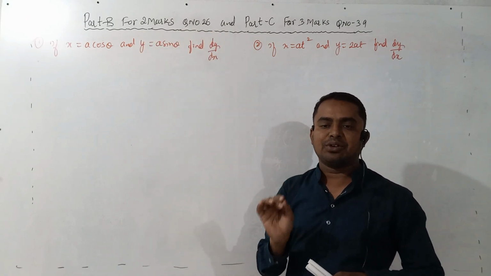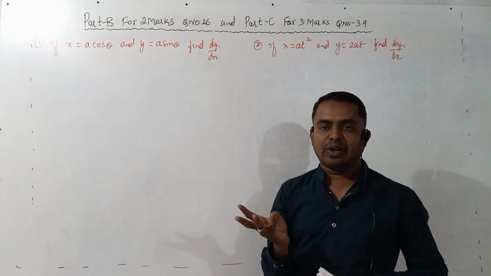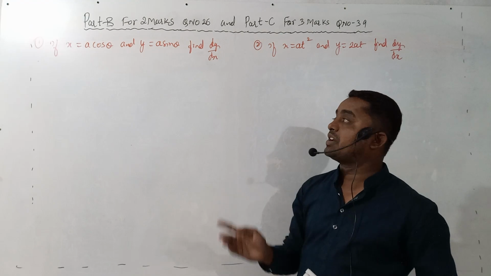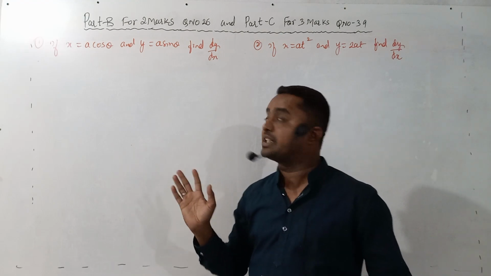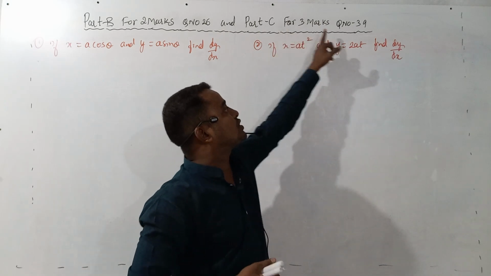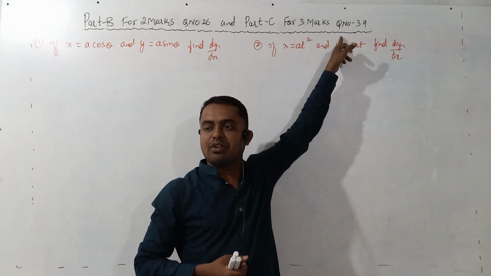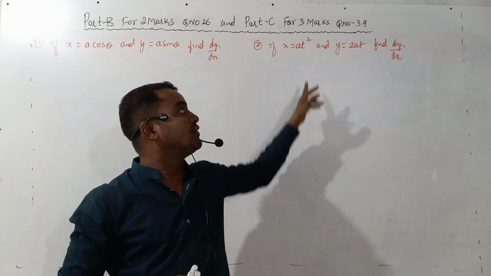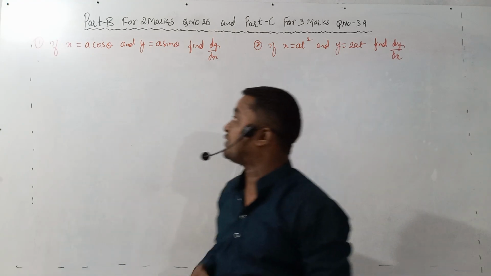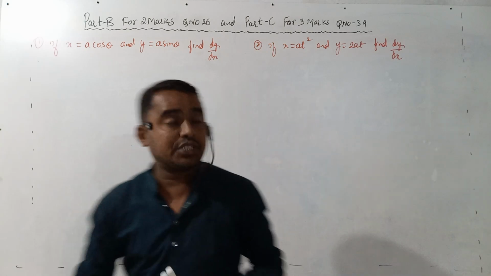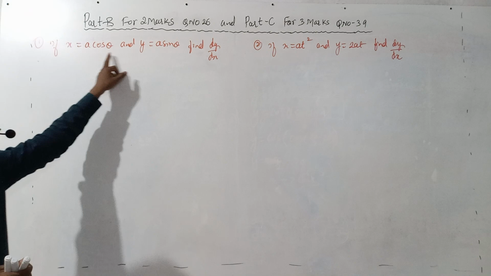Either in Part B, question number 26, the derivative of a logarithmic function, the derivative of an inverse trigonometric function, or the derivative of parametric equations will be asked. And in Part C, for 3 marks, question number 39, the derivative of a parametric function or the derivative of a logarithmic function will be asked. So we will solve the 2 marks problems first, and we will solve the 3 marks problem also. So the first question is: if x is equal to a cos theta and y is equal to